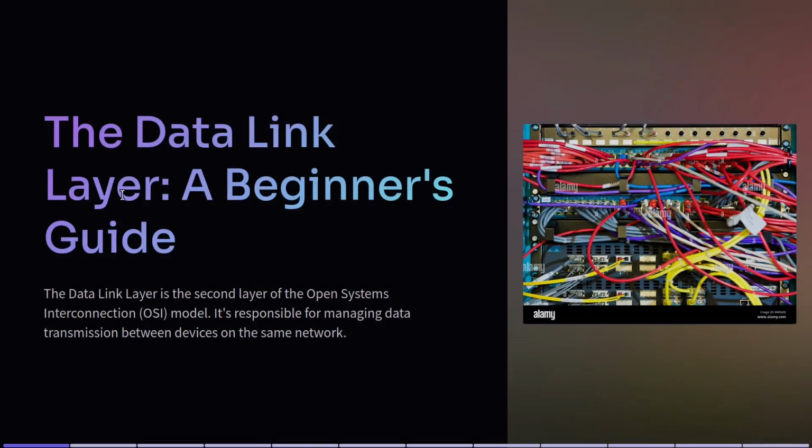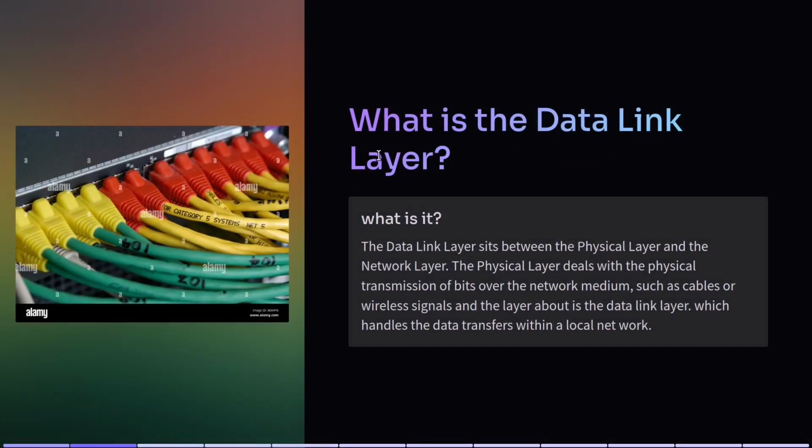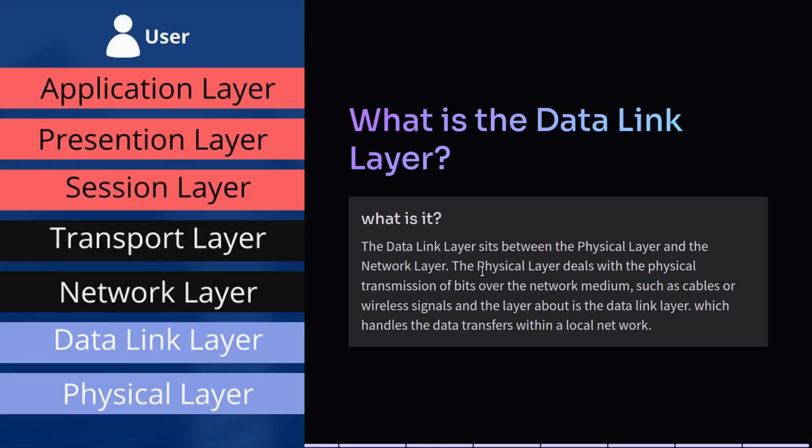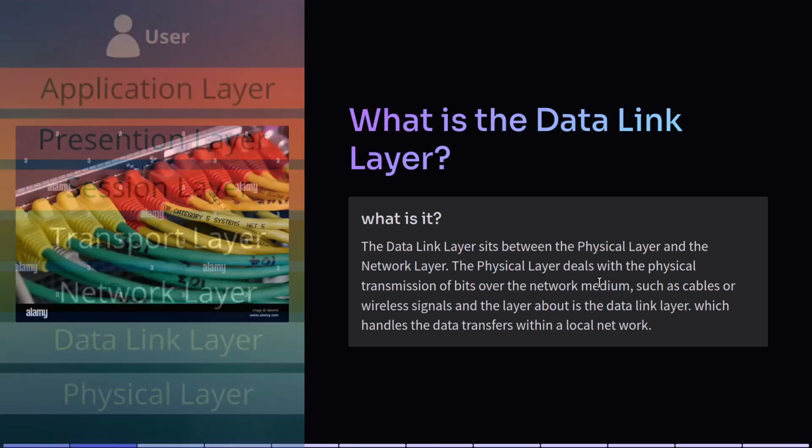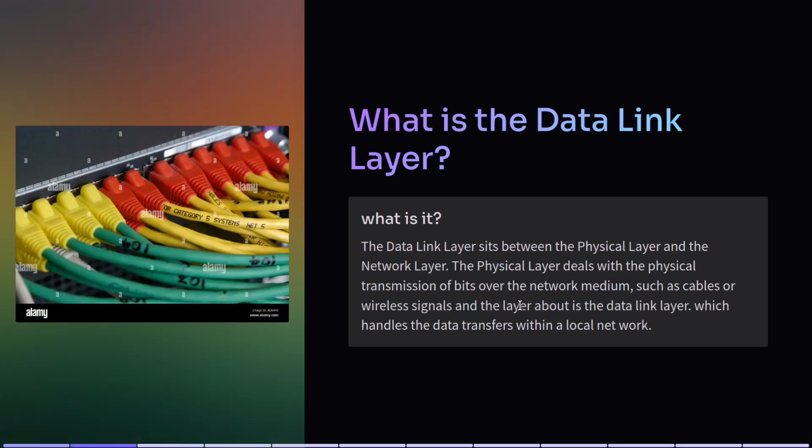The data link layer is the second layer of the OSI model, and it is responsible for managing data transmissions between devices on the same network. So what is the data link layer? The data link layer sits between the physical layer and the network layer. The physical layer deals with the physical transmission of bits over the network medium, such as cables or wireless signals, and the layer that we're talking about today is the data link layer, which handles the data transfer within a